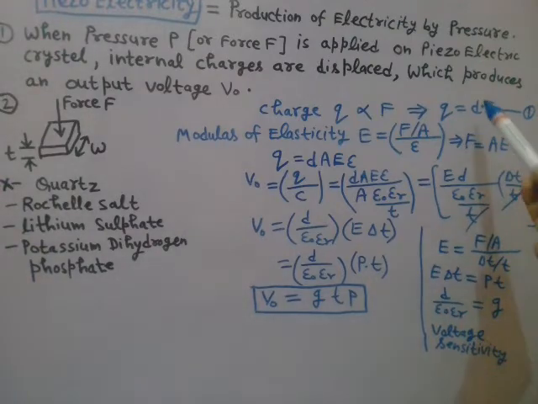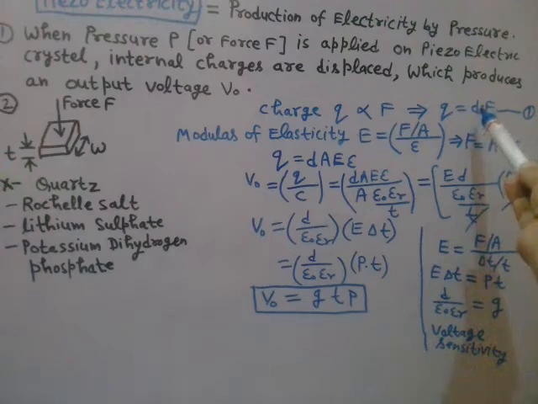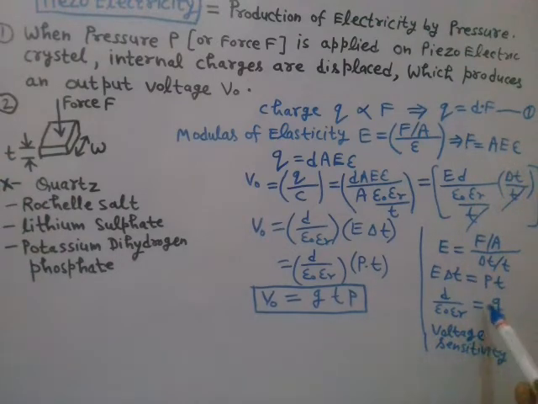And here D, small d is charge sensitivity, you can call it, it's a proportionality constant. And here G is basically voltage sensitivity. So that is the expression of output voltage that you will obtain